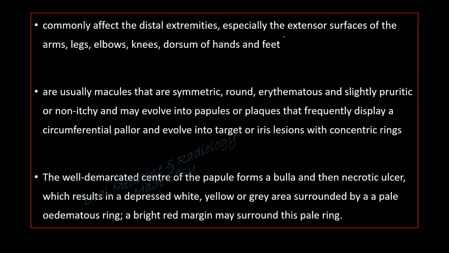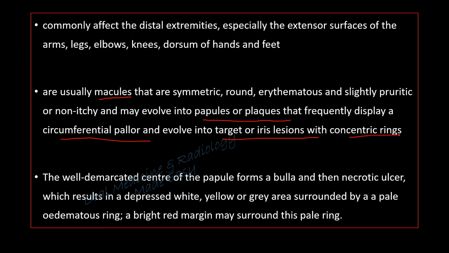So it commonly affects the distal extremities, extensor surfaces of the arms, legs, elbows, knees, dorsum of hands and feet. So how are they formed? They form initially as macules. Now what macules, papules, plaques are, I have described in my previous video of common oral lesions. They usually form macules that are symmetric, round, erythematous, and they may be slightly pruritic or non-pruritic, and these macules evolve into papules or plaques that frequently display a circumferential pallor and evolve into target or iris lesion with